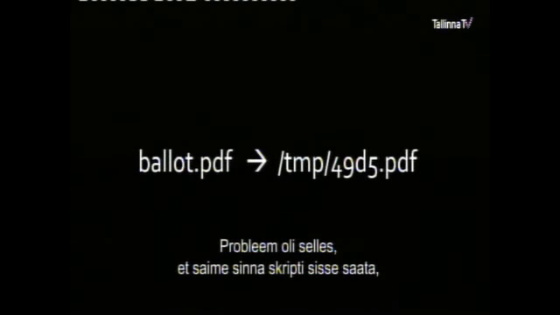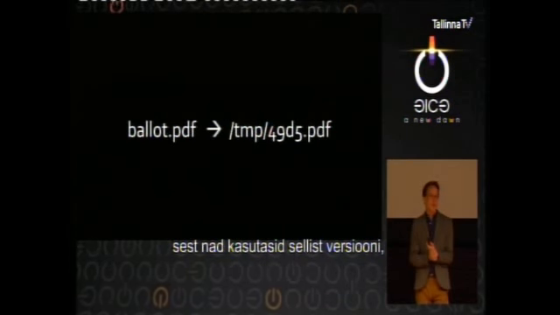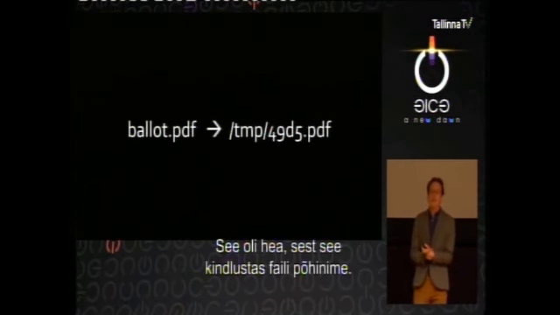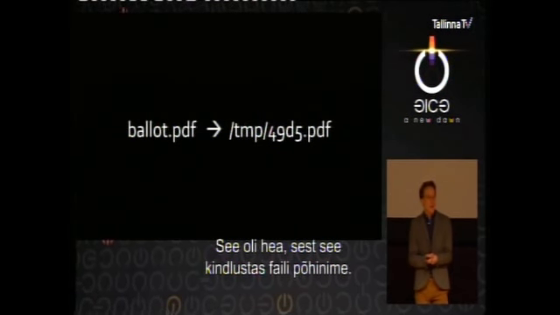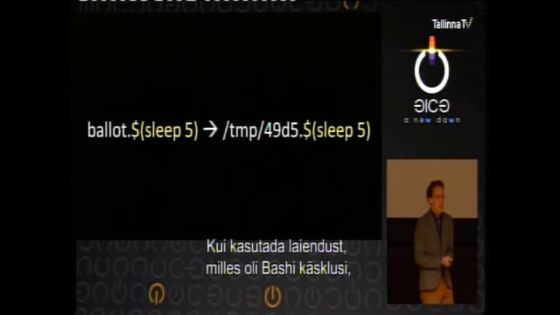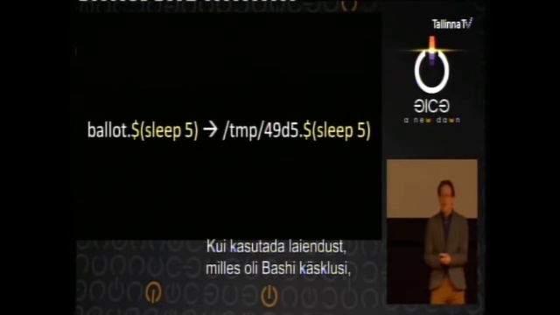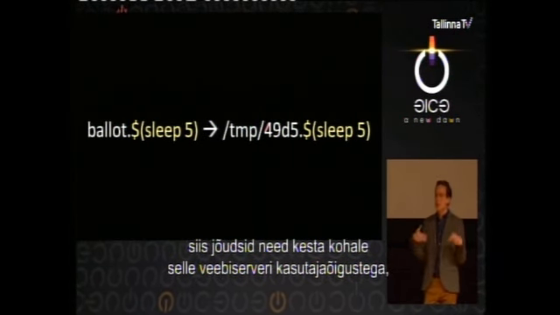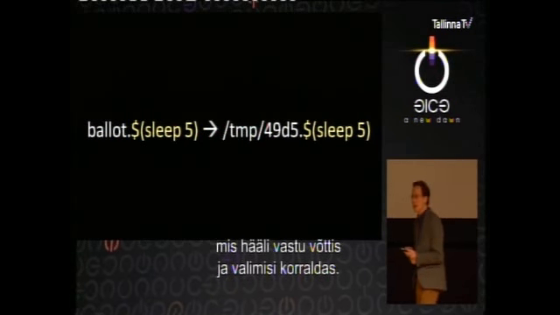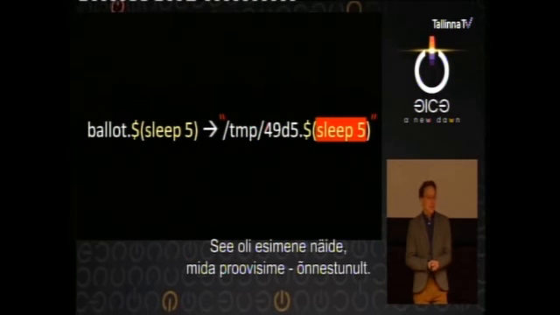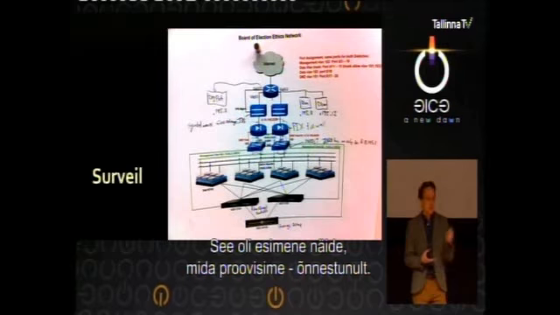So the problem is that this allows a script injection attack, because this particular library, the version they were using, just assembled a string and used the system call to pass it to bash. And it was good in that it sanitized the base name of the file, but it didn't sanitize the extension. So if you used an extension that had some bash commands in it, they would be executed at the shell under the user permissions of the web server process that was accepting ballots and running the election. This was the first example we tried, and it worked.